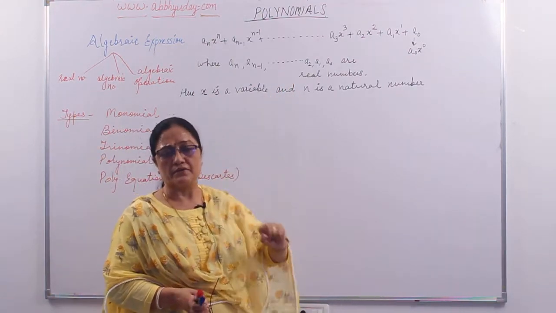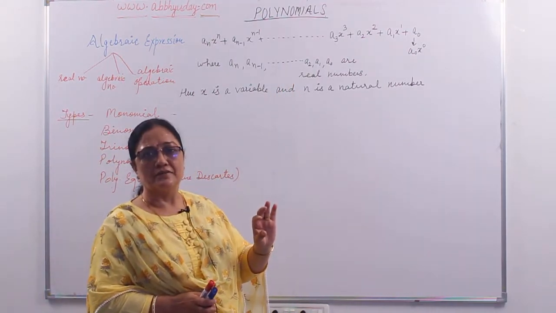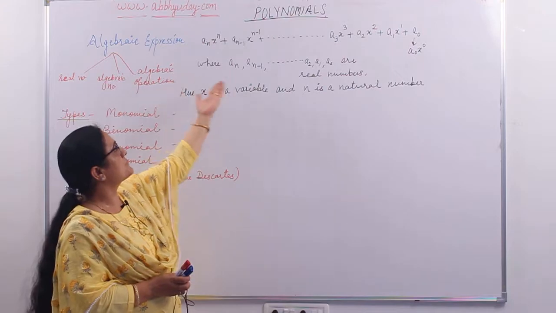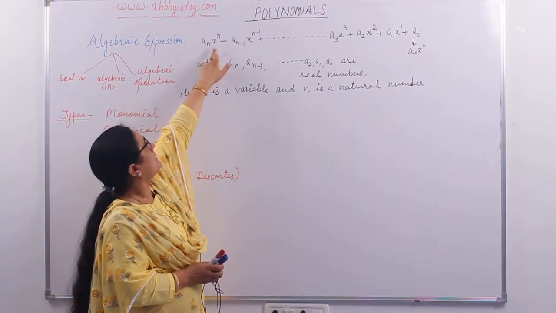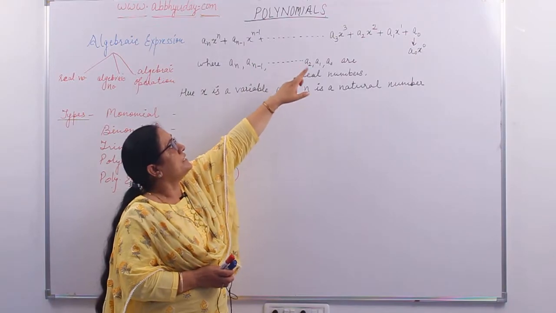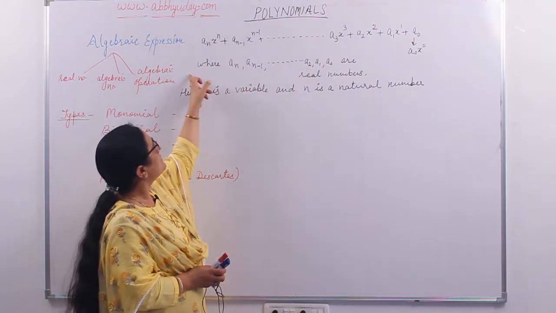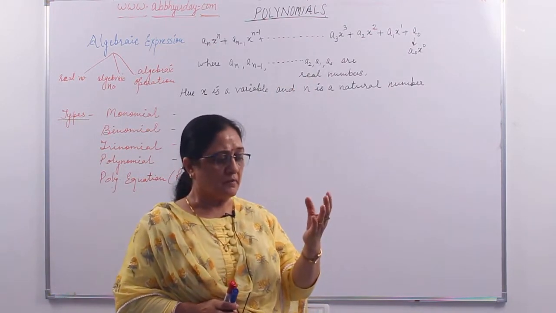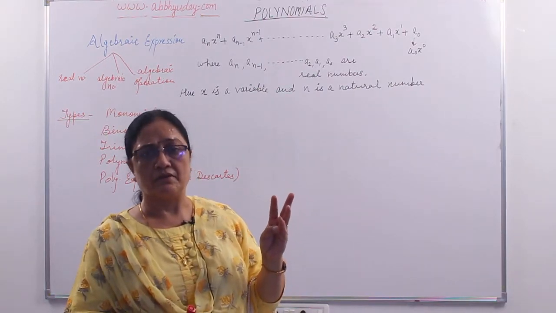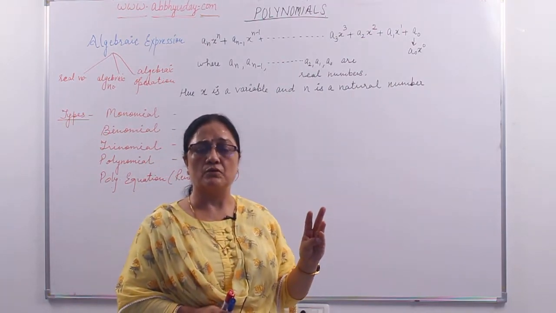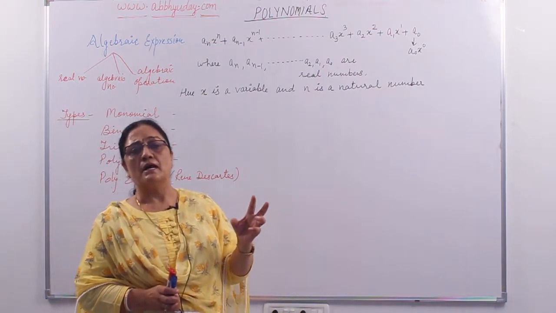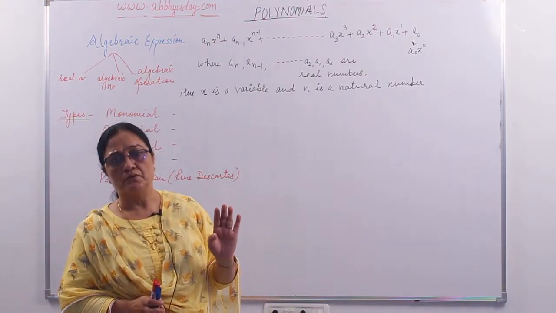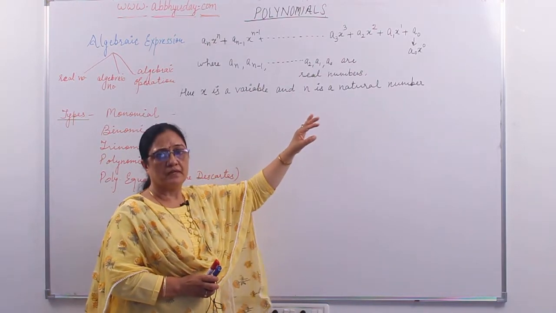It looks very complicated. It is not at all complicated. This is only the way they have written it. You know, it is written in your book also the same way. Here, a_n, a_(n-1), a_3, a_2, a_1, a_0, these all are real numbers. You remember real numbers? There may be a natural number, an integer, positive or negative, a whole number, a fraction, I mean a rational number, it may be an irrational number also. So they may take any value, they are the real numbers.